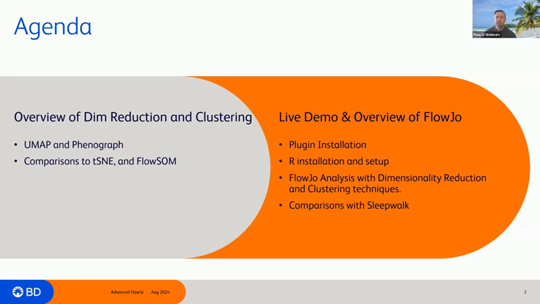So here's our agenda for today. We're going to just do an overview of dimensional reduction and clustering with a focus on UMAP and Phenograph. We'll look at some comparisons as well to t-SNE and FlowSOM. Then towards the end, we'll jump into FlowJo and we'll take a live demo, an overview of a quick setup